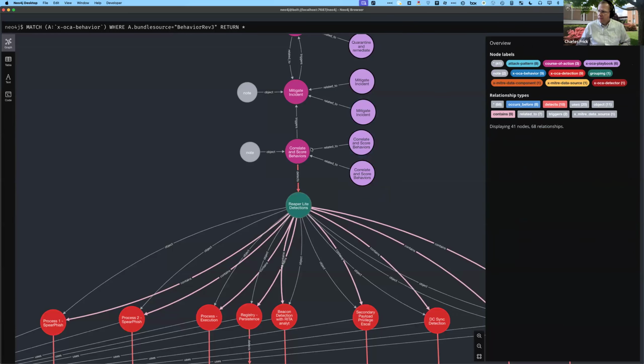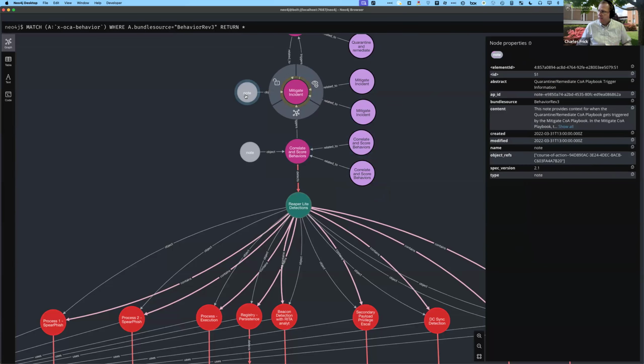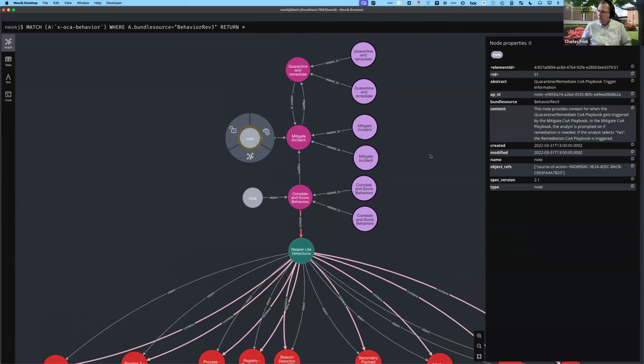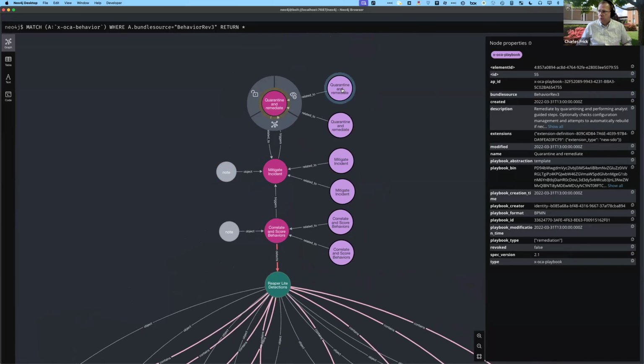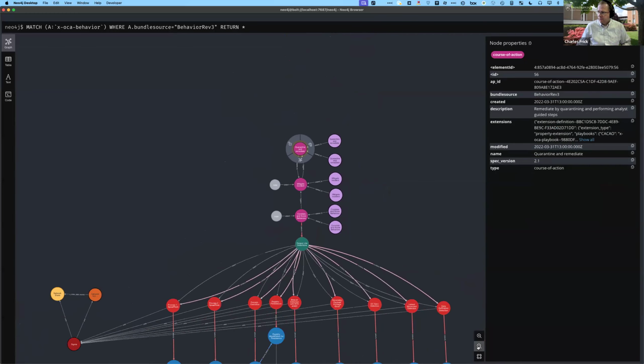And then similarly, we have mitigation workflow, both with BPMN and Cacao workflows in there. And note that this mitigation has a step that could trigger quarantining. If that is selected by an analyst, then we provide the quarantine and remediate playbook, also in both formats. That's just a really limited example,